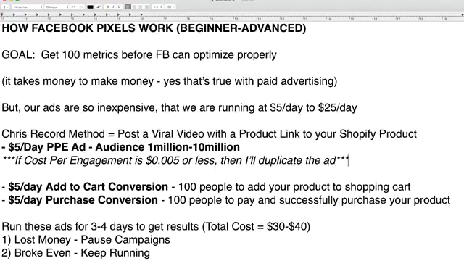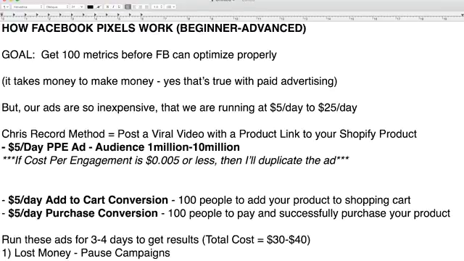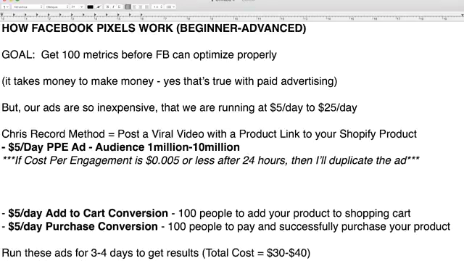This is called the 2-0 Club. Because it's selling a product directly, if cost per engagement is 2 zeros after the decimal point, after 24 hours, if cost per engagement is 5 cents or less, then I'll duplicate the ad, in which case I'll have,